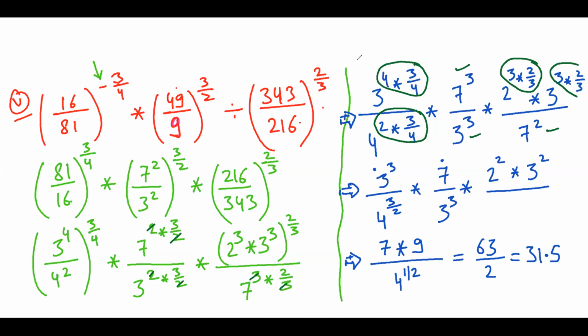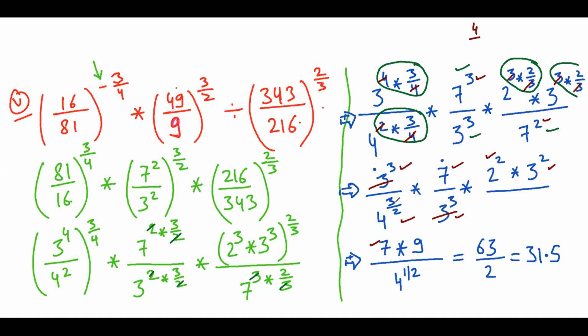And this is what I have written here. Now, if I look at this, this is what will happen. This 4 and this 4 will get cancelled. I'll get 3 cube. This 2 will get cancelled by this 4. I'll get 3 by 2. This 3 will get subtracted from this 2 and I'll get 7. This 3 cube is written here. This 3 and this 3 cancels, so this is 2 square. And this 3 and this 3 cancels and I have 3 square. So this 3 cube and this 3 cube will get cancelled. This will remain, this is here. This is 2 raised to power 2. This 2 raised to power 2 is 4.